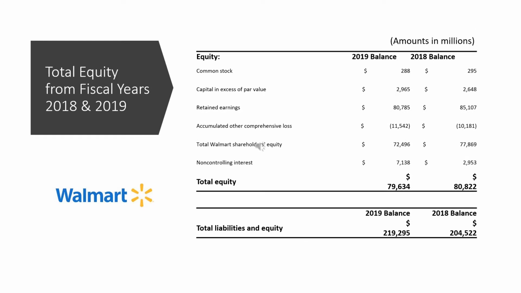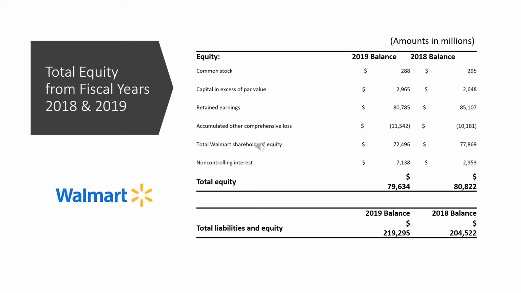Now we get to the final component from the balance sheet, and that's comparing the total equity from fiscal years 2018 and 2019. As you can see, there has been a decrease in the equity from 2018 to 2019, and that's majorly due to a decrease in Walmart shareholders' equity, which has been from about